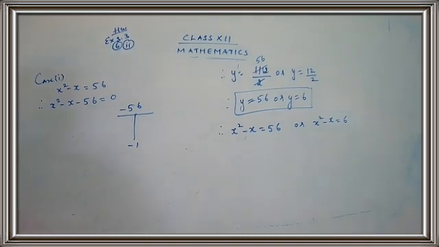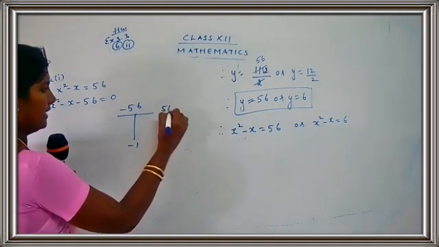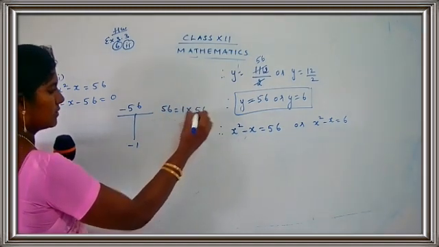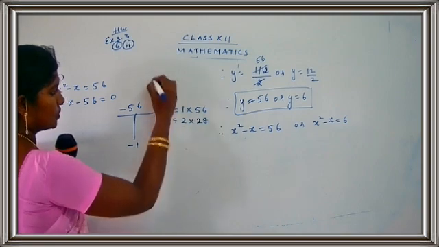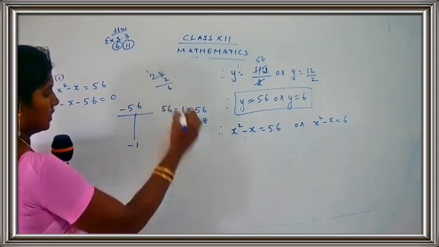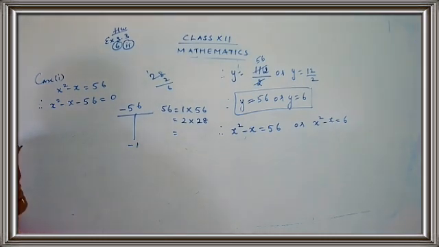You can just go on with many numbers, but 7 is the 56, very clear. Okay, I'll write down, no problem. 1 into 56, 2 into 28. Yes, children? Yeah, 28. 3 table, it is not going. 4 table, no. 5 table, no. 6 table, no. 7 8s are 56.